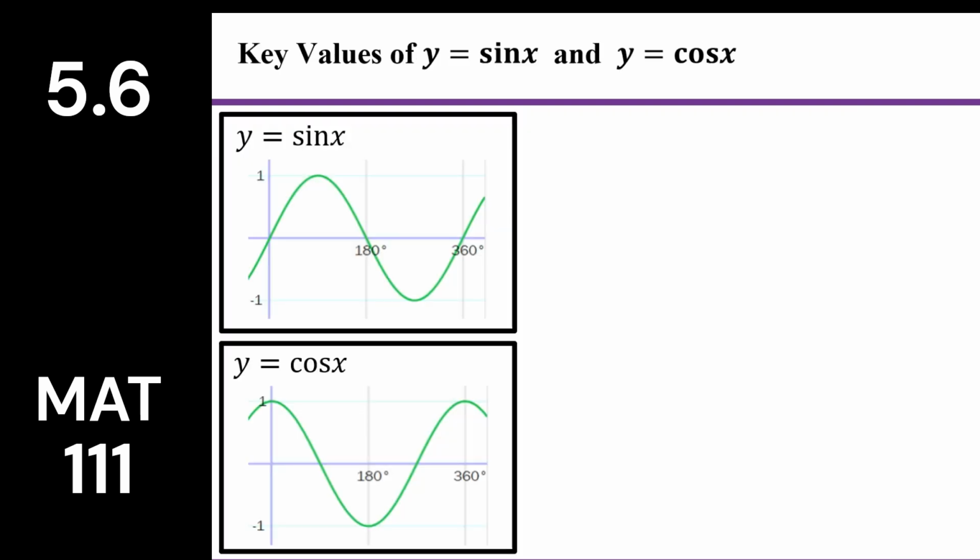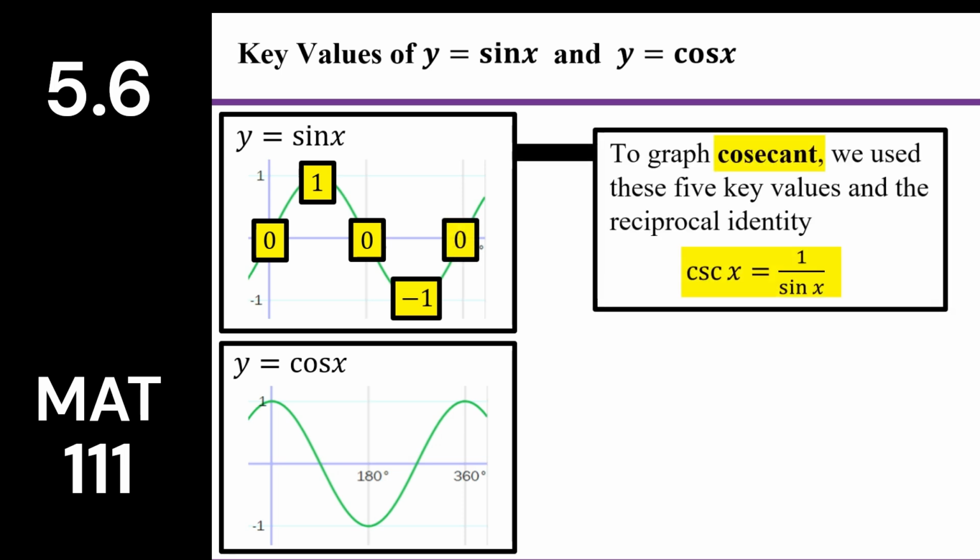We have seen that to graph y equals sine x and y equals cosine x, it's helpful to memorize the 5 key values for each. For sine of x, at 0 degrees, it starts out at a height of 0. At 90 degrees, it goes up to 1. At 180, it's back to 0. At 270, down at -1. And at 360, back to 0. We then saw that we could use those 5 key values to help us graph the cosecant by finding their reciprocals. For cosine x, we saw that it starts out at a height of 1 when the angle is 0,